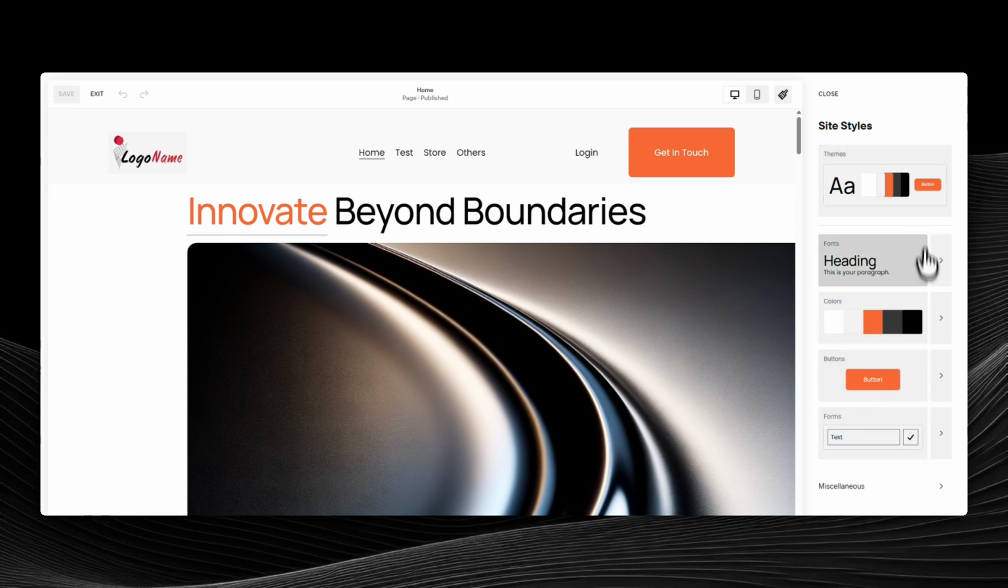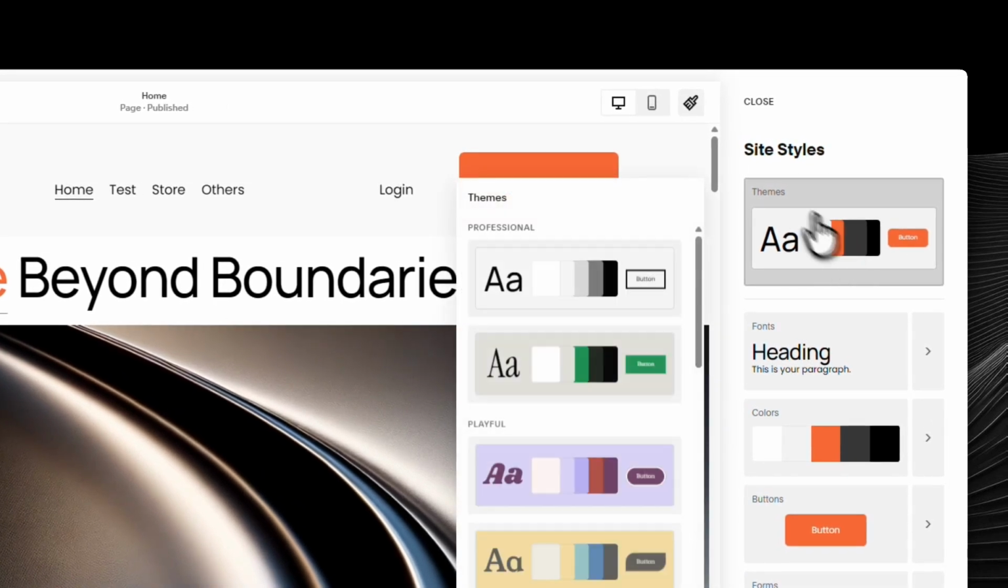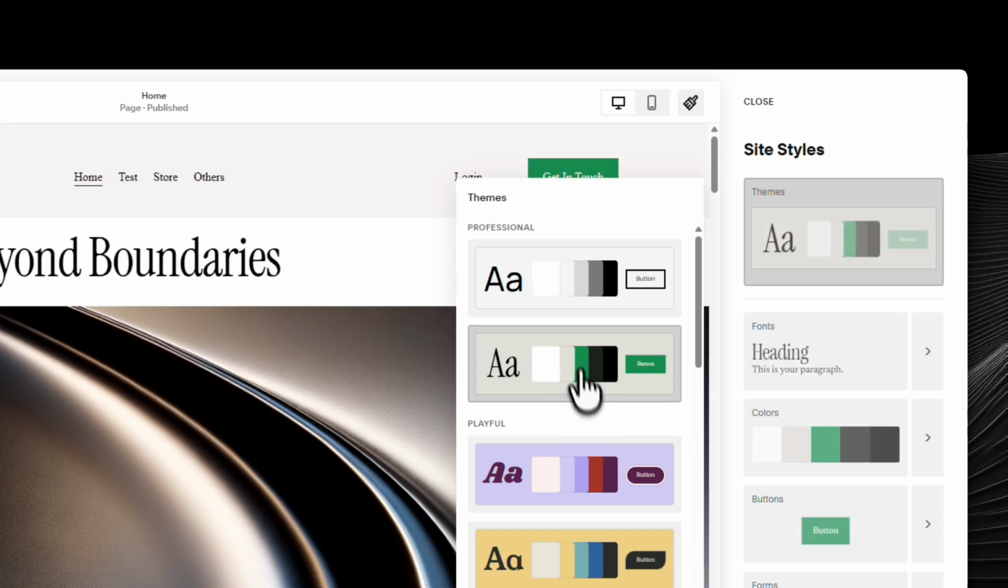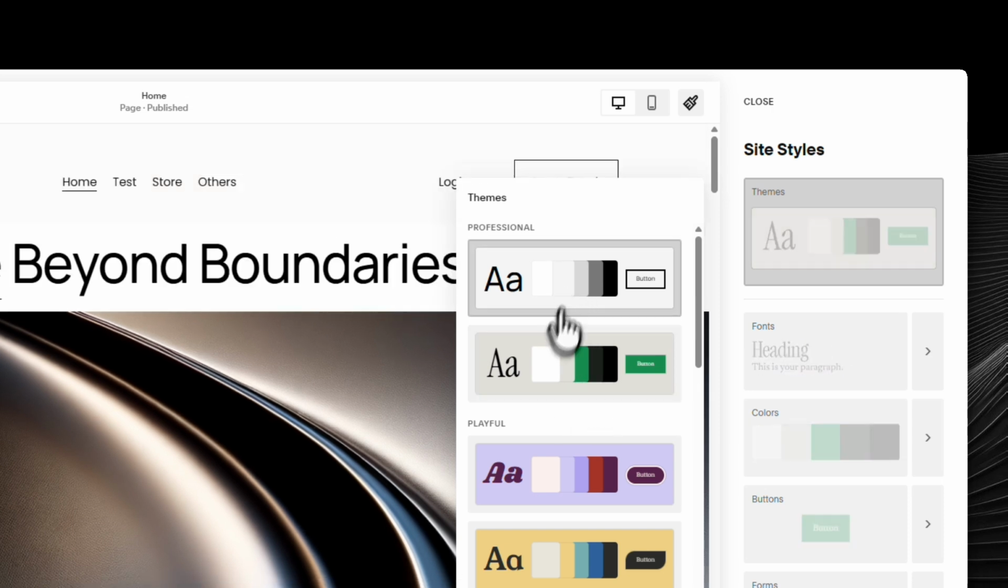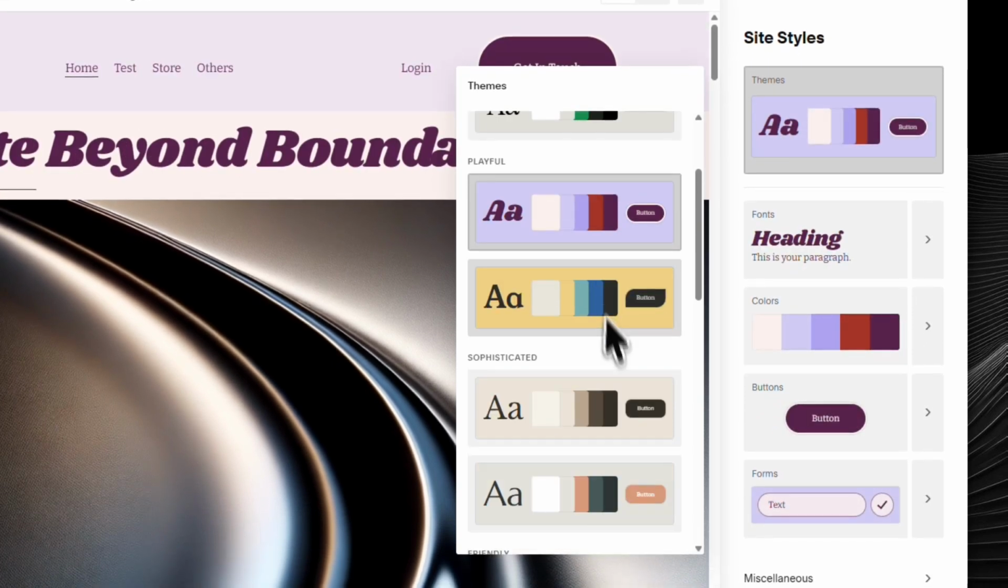Depending on your template and version of Squarespace, you may see options for updating your color palette, changing your typography, adjusting button styles, or fine-tuning the spacing and layout of different elements. As you make changes, take your time and review how everything looks on the page. It's a good idea to keep your branding and readability in mind, so your site stays consistent and easy for